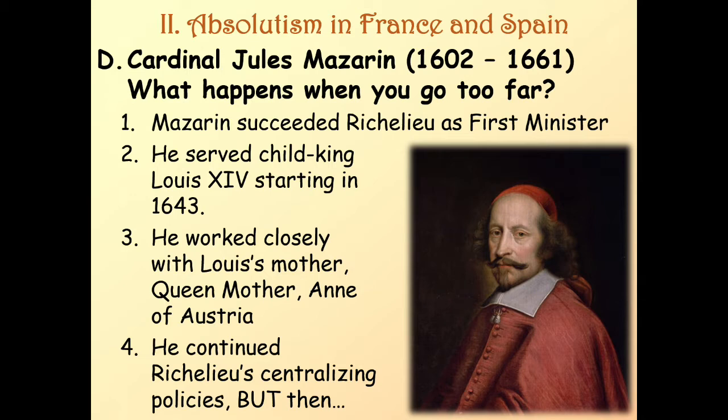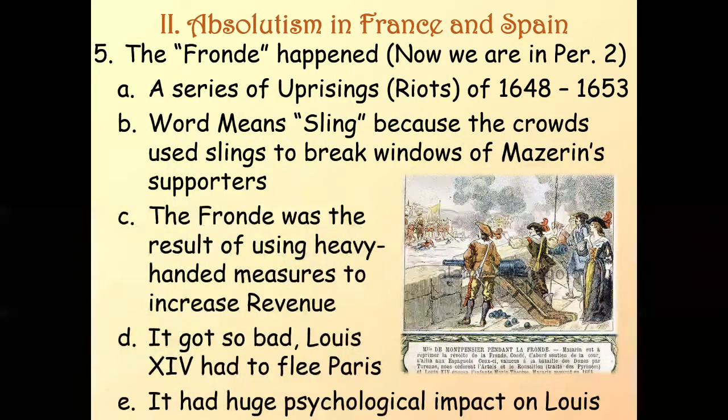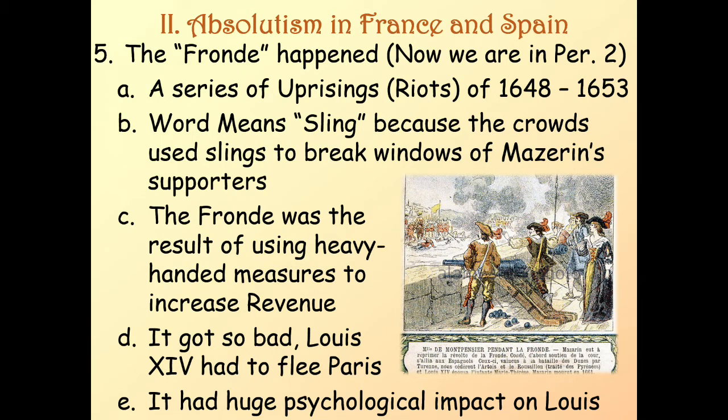He served the child king Louis XIV beginning in 1643, and he worked closely with Louis's mother, the Queen Mother, Anne of Austria, and he continued Richelieu's centralizing policies, but then the Fronde happened, and now we are finally in period 2. The Fronde was a series of uprisings, riots, that lasted from 1648 to 1653. And the word Fronde actually means sling. And the reason it was called this was because the crowds actually used slings to break the windows of Mazarin's